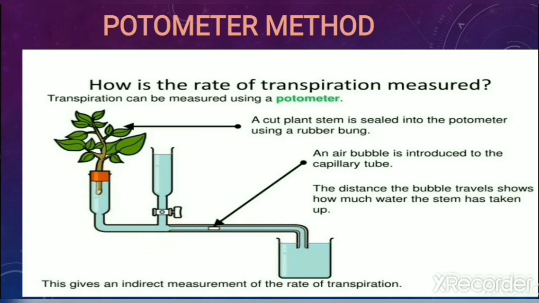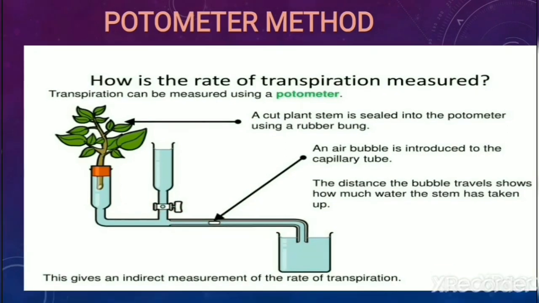To measure the rate of transpiration through a Ganong's potometer, first of all we'll take a leafy shoot and cut that leafy shoot twig obliquely. You can see here it is cut obliquely so that a large surface area will be in water contact for better water intake. Now we will fill this bottle with water, and here you can see one graduated capillary tube is attached to that potometer. Next we need to introduce an air bubble in this horizontal graduated capillary tube by slightly lifting this tube up and then dipping it again in the beaker containing water.